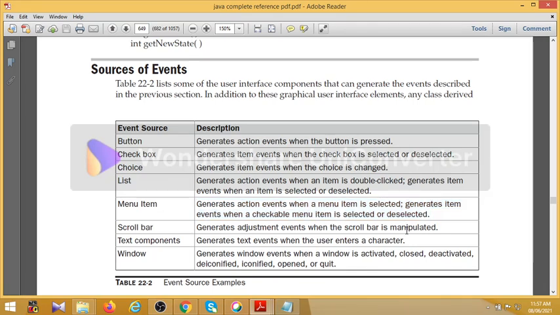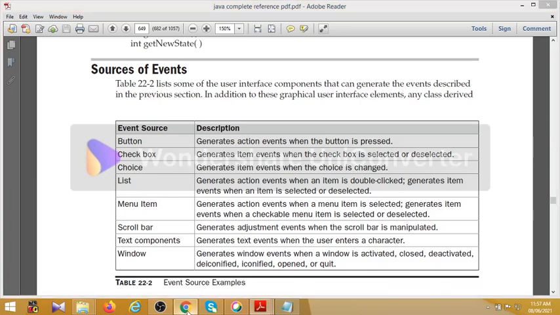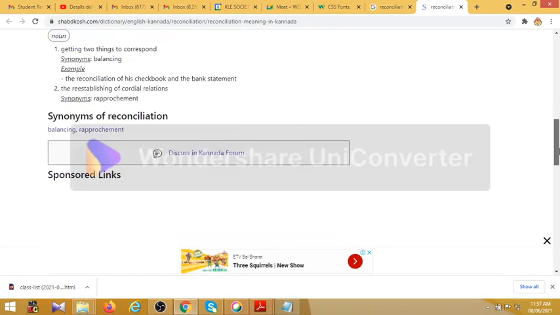Next one is scroll bar. This generates the adjustment events when the scroll bar is manipulated. Let me give you an example. In this particular page also you can see a scroll bar. Otherwise I will show you the example of a web page. Can you see this?